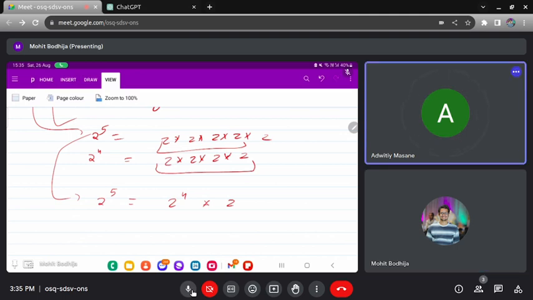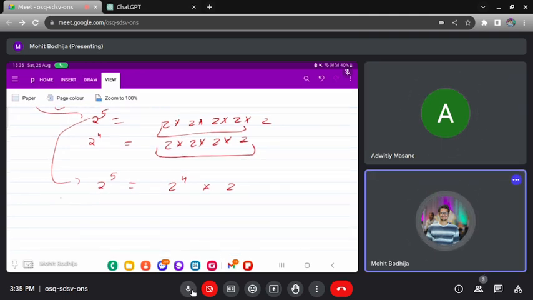Yes, sir. So basically, if this is the recursive relation, let us write it in terms of m and n. M to the power n equals m to the power n minus 1 multiplied by m. This is the recursive relation that we have got. Now we need to find the base condition. So basically what I told you, try to put value 0 or 1. So if you put the value 0, 2 to the power 0, what will be the value? 1.